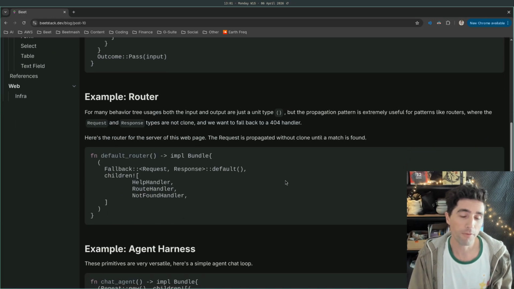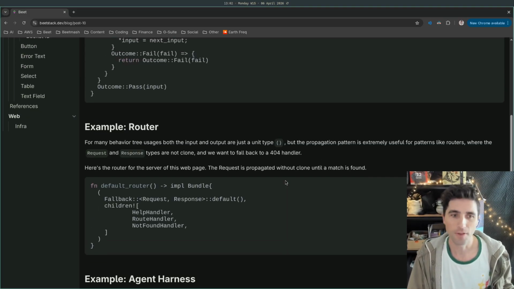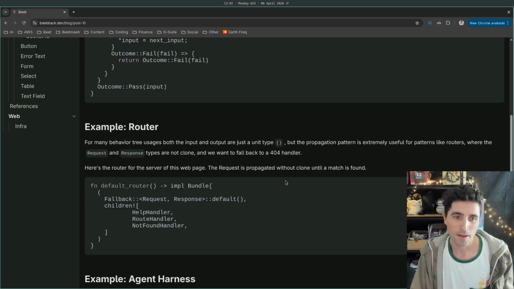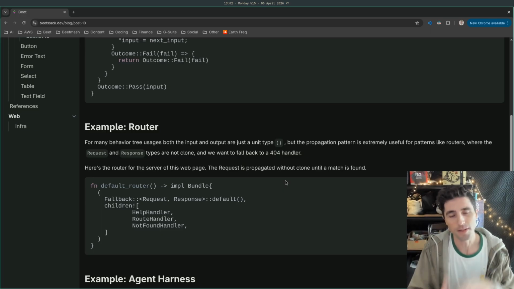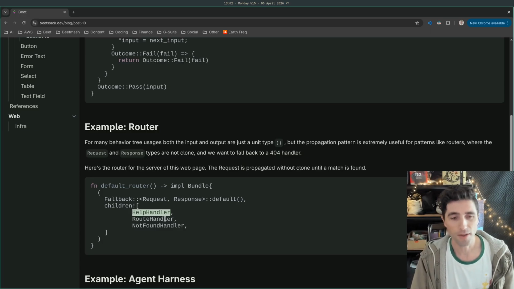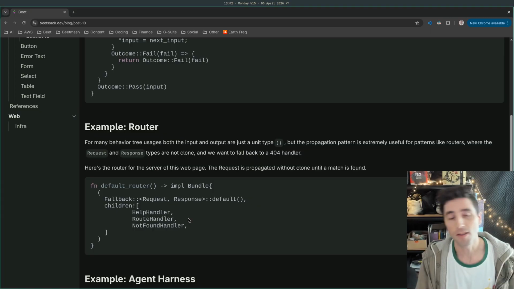One of the big motivators for this was routers, because you obviously can't clone a request if it's got a stream or something like that, so you want to be able to elegantly pass it around. A concrete example is here. You'd have the help handler. All that does is check for the help param.